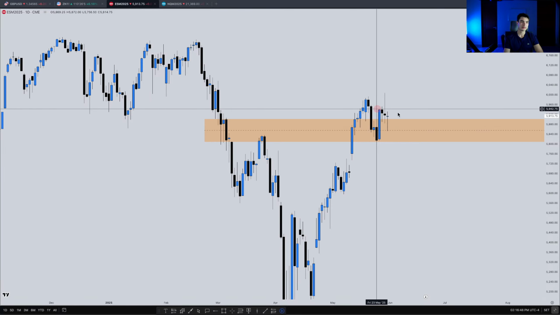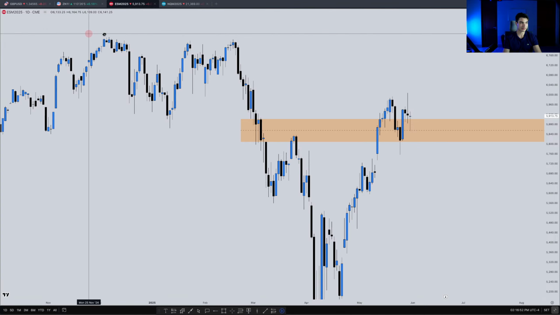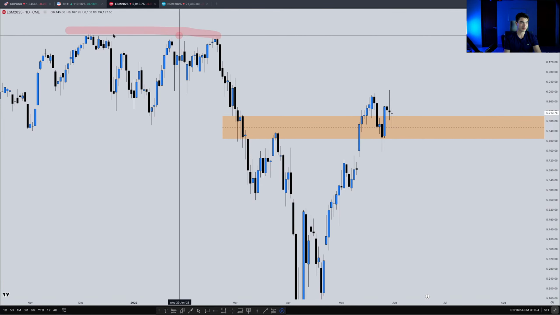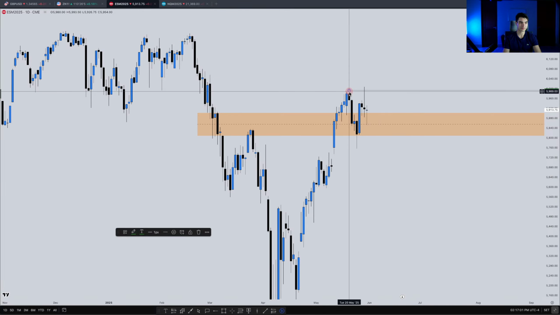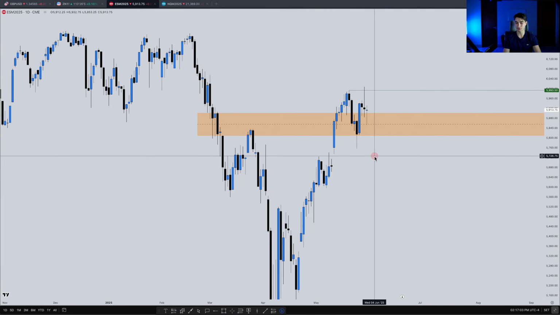We then dropped down, used it as support, rallied higher, took out the high here, and then we pulled back down into the range. That was interesting last week watching that, because if we're going to get up into all these equal highs here and attack all this fun level buy side here, then we would want to see the market accelerate above this high, right? It's not ideal for bullish order flow to see the market trade above high and reject and pull back down into the range. Not to say it's not bullish anymore. I just didn't like to see that, right?